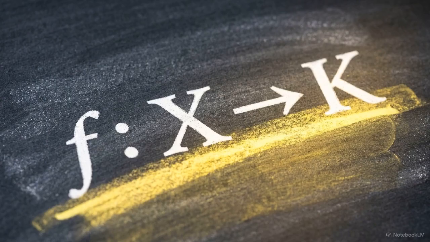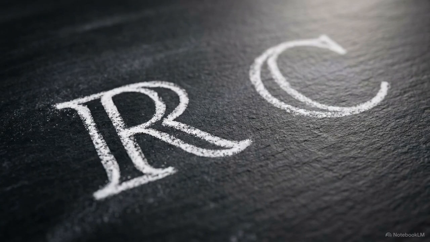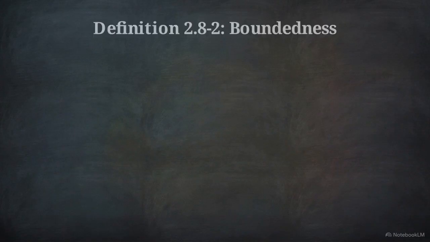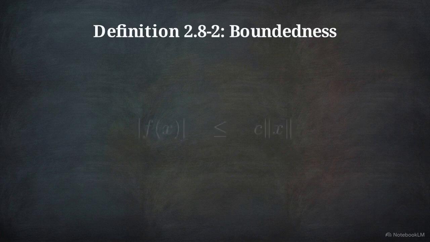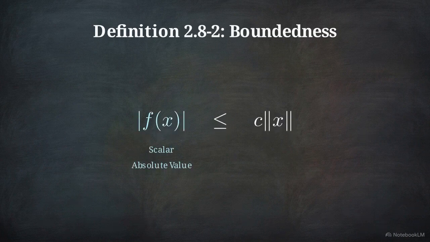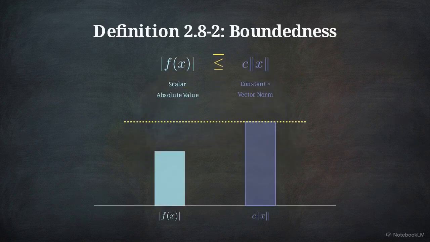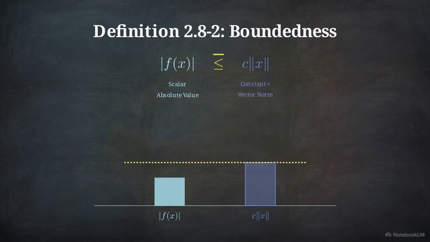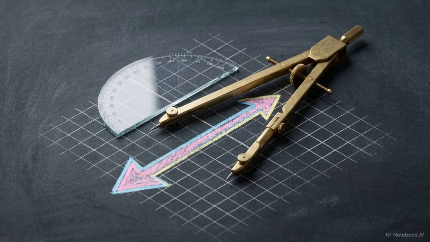This leads to Kreyszig's formal definition 2.8-1. A linear functional is a mapping from a vector space into its underlying scalar field, typically the real numbers or the complex plane. Definition 2.8-2 introduces boundedness. For a functional to be bounded, the absolute value of the scalar output must be less than or equal to a constant multiple of the input vector's norm. The output is constrained by the size of the input. By viewing functionals as hyperplanes and projections, we can see them as predictable tools for measuring the orientation and magnitude